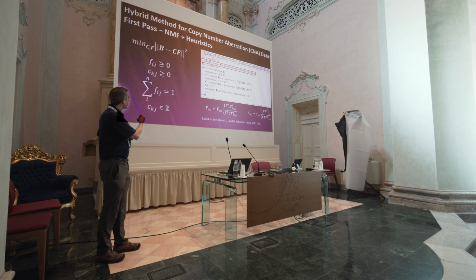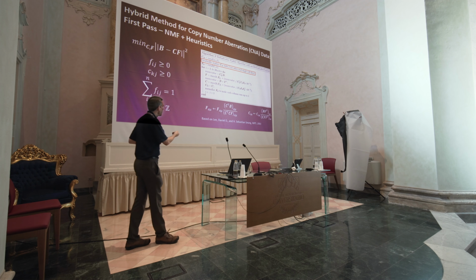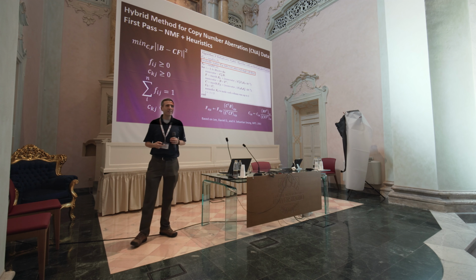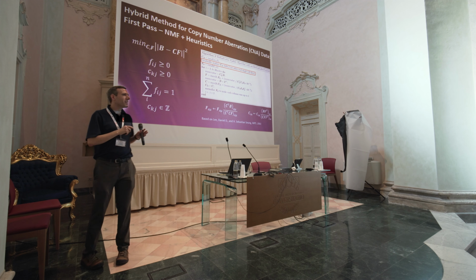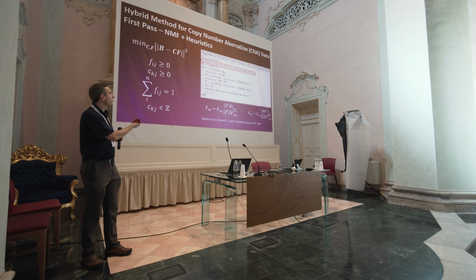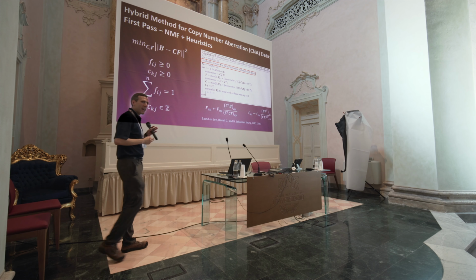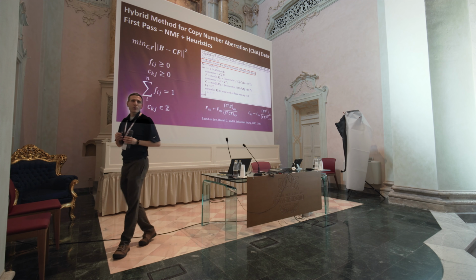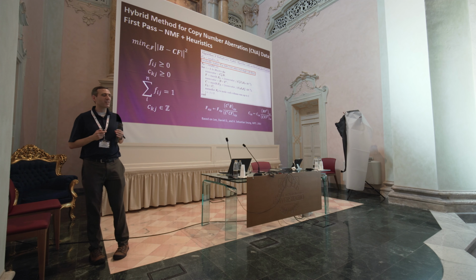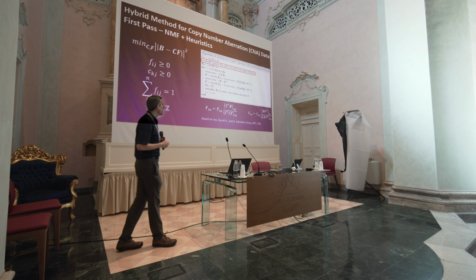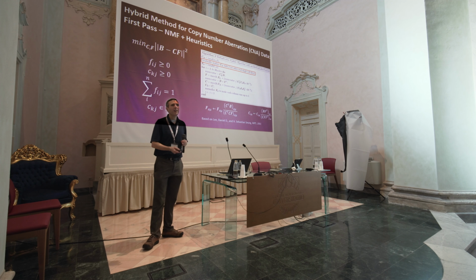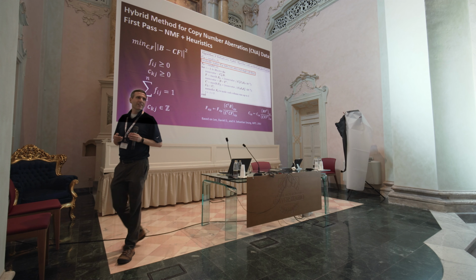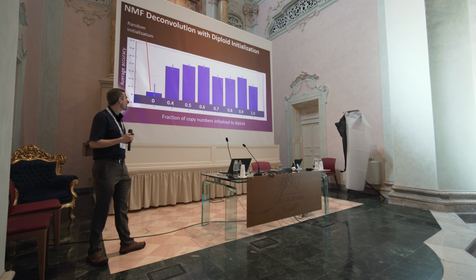Now, if we want to do this, we need to start with a kind of baseline method. We use just pure non-negative matrix factorization using a classic algorithm of Lee and Seung. And we're doing this on copy number variation or copy number aberration data, and we know this should not work. You shouldn't be able to deconvolve just pure copy number variation data because it's an underdetermined problem, but it's a baseline we can use as a starting point. And we can then start to throw in some heuristics to try to ask if this problem is solvable.